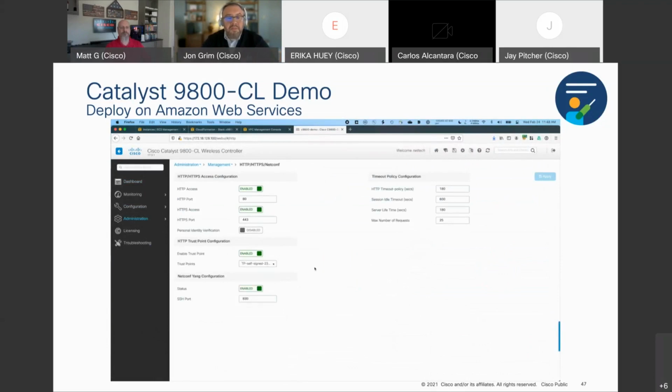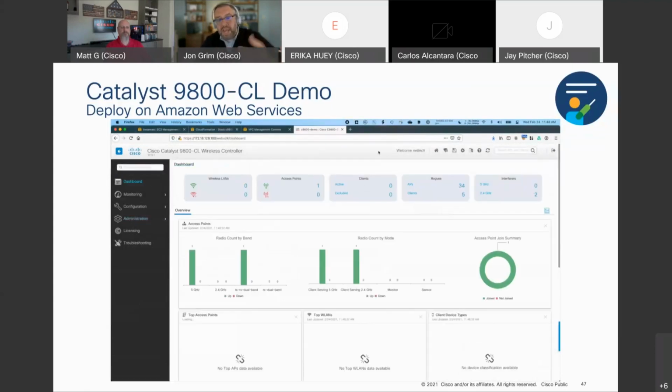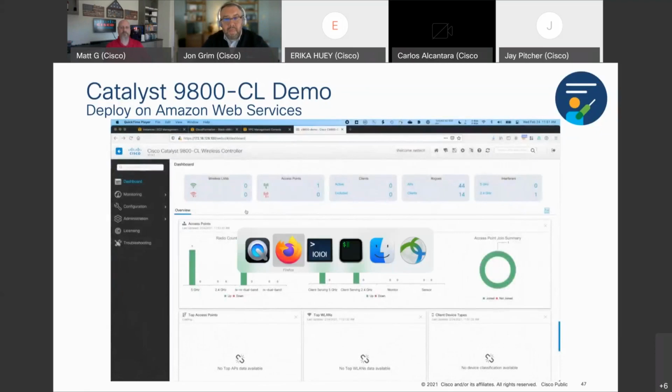So this is me just making sure I have that trust point set up here to ensure that I don't have any SSL certificate problems when I join again. Now we're going to change